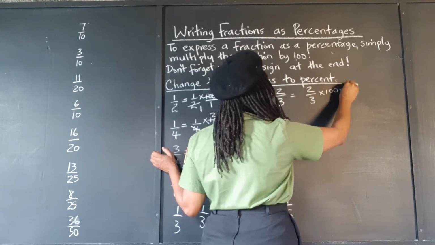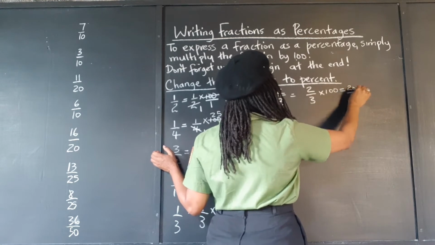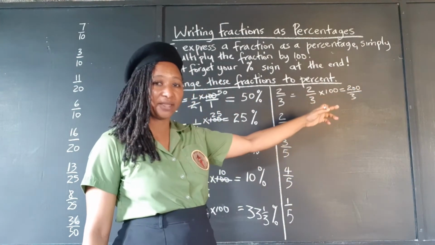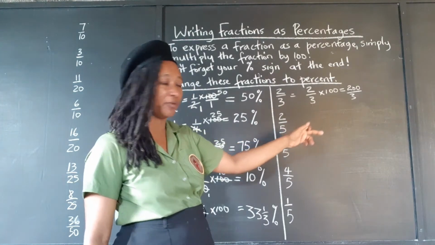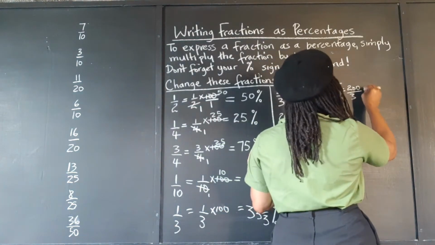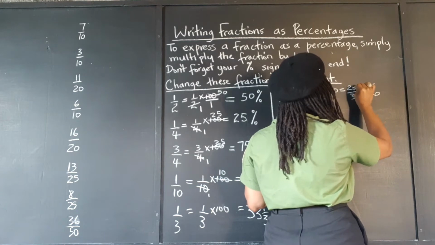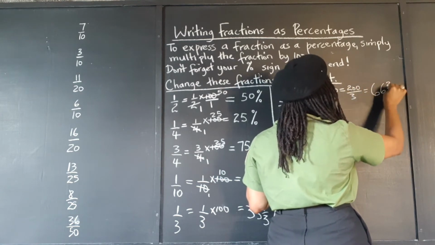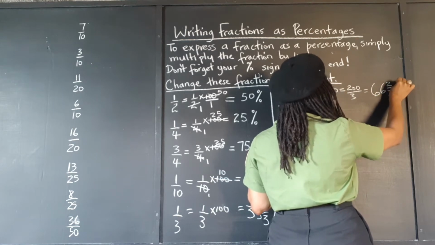So 2 times 100, that's 200 over 3, because nothing here can be reduced. So we have to multiply the numerators and put it back over the 3. 3 goes into 20, 6 times remainder 2. Put it back over the divisor. 2/3 is